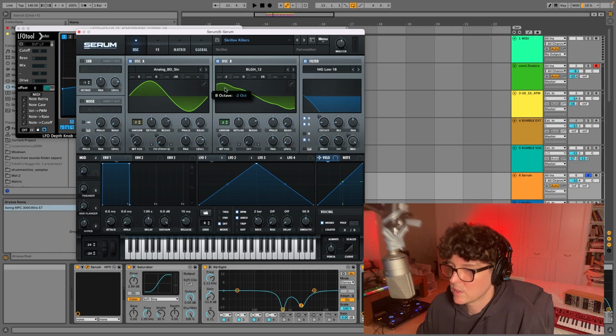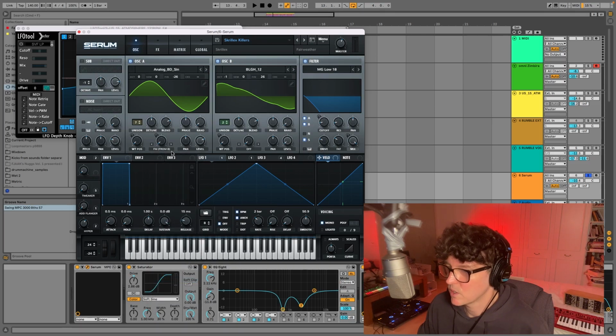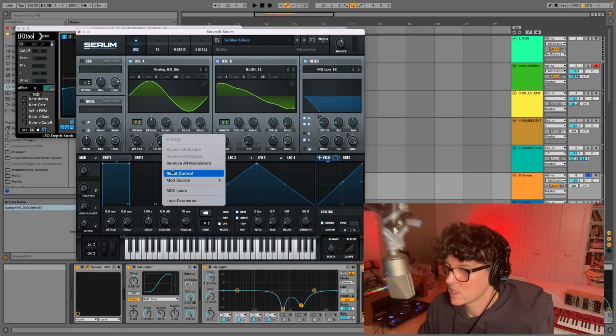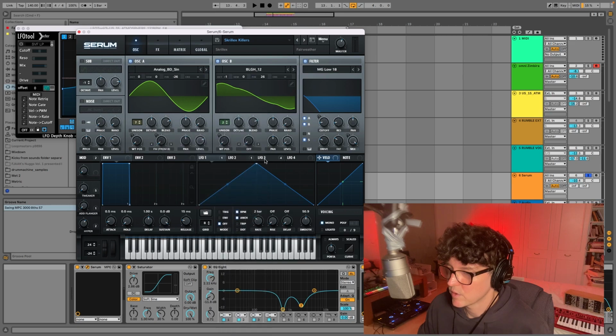This is an octave lower. Fold that wave into that, and you fold it in using this warp here. So select warp, select FM from B, turn this B down so you can't hear it and you only hear it modulating this. You modulate it with an LFO. I've modulated it with LFO 3